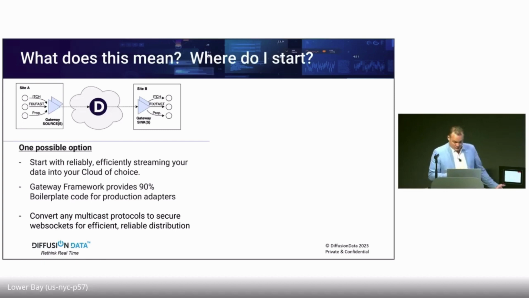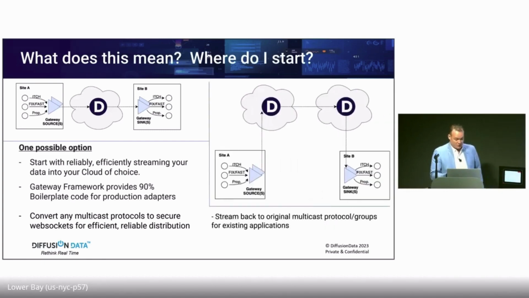And basically, what we're doing here is we convert the multicast protocols. Our customers have their own on-prem sites which they've invested heavily in. We convert these protocols into Diffusion. We can publish data up to any cloud, from any cloud to any cloud, and we can bring it back down. That new data, that enriched data that we've talked about, transforming the data in flight, we can do all of this inside Diffusion, and then only send the data that's needed back down to other sites and so forth. So this allows our customers to start looking at getting the data securely into the cloud. And then they can start looking at what applications they can move from their on-premise up to the cloud, if you like.